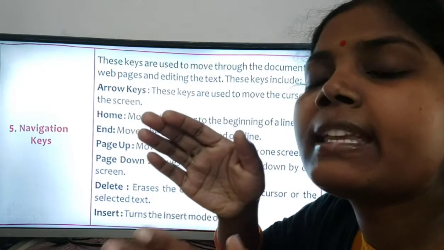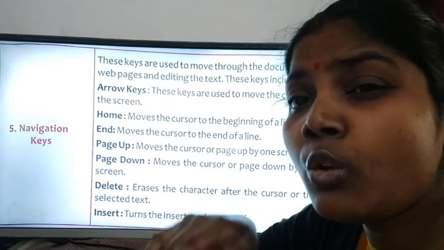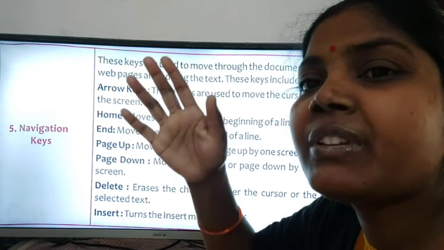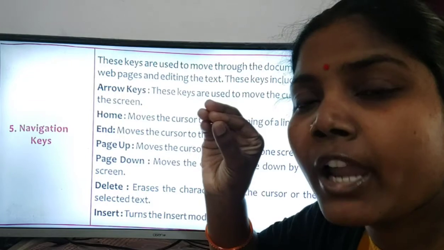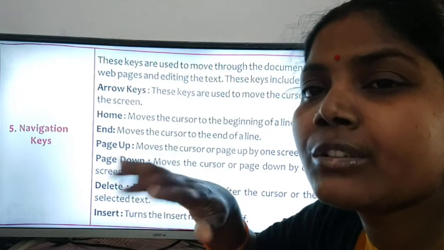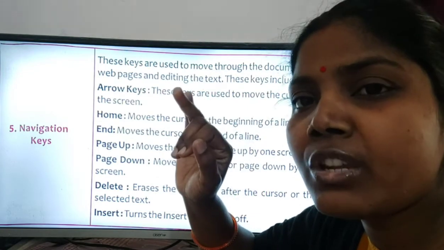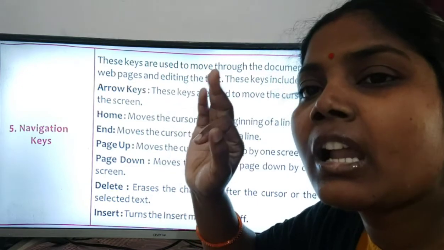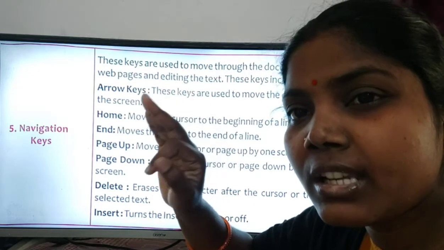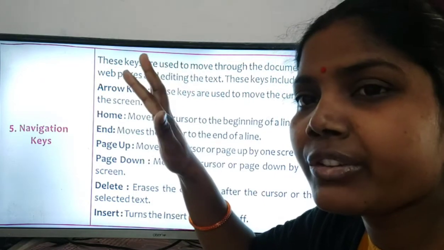So how many keys are there in a keyboard? In a keyboard we have 104 keys. These 104 keys we divided into 5 types of keys according to their functions. The first one is typing keys, the second is control keys, the third is function keys, the fourth is numeric, and the fifth is navigation.